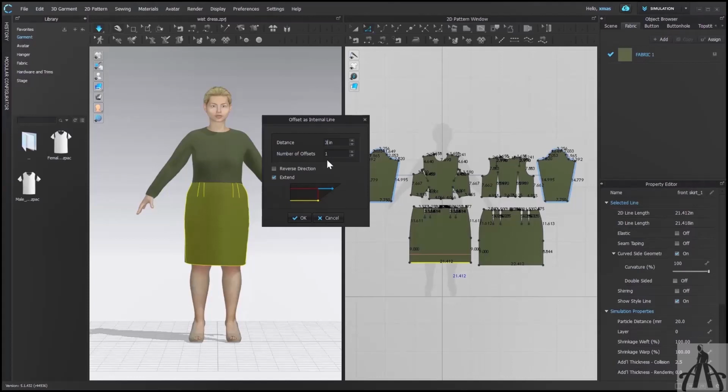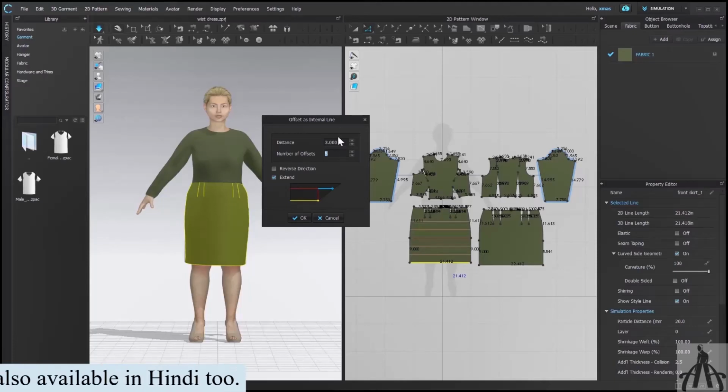By using the next option, you can make multiple copies of your internal line, and not just a copy, they will even place themselves at a fixed distance from each other, which we have set earlier, 3 inches. You can now make pleats or even slash these lines however you want. You can write the value here of the lines required as per your need.